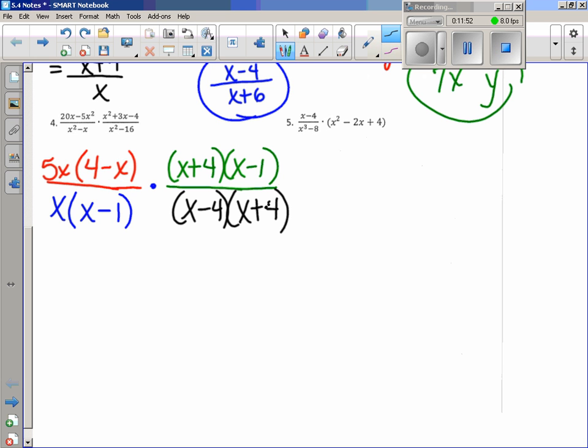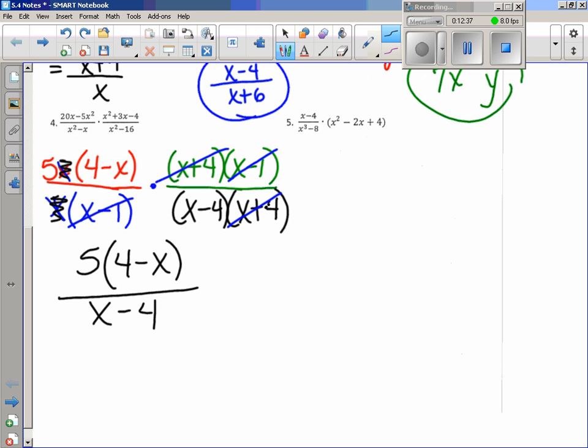Before I explain what Catherine just said, in case you didn't catch that, what can I cancel here? The x plus 4 is over here. What else? X minus 1. Remember, any numerator can cancel with any denominator if you are multiplying, only when you're multiplying. Anything else I can cancel before we talk about the x minus 4? Yep. What else can I cancel? The x. I have an x in the top and an x in the bottom, so those x's can cancel. Is that okay? All right, now, what that would leave me with is 5 parentheses 4 minus x over x